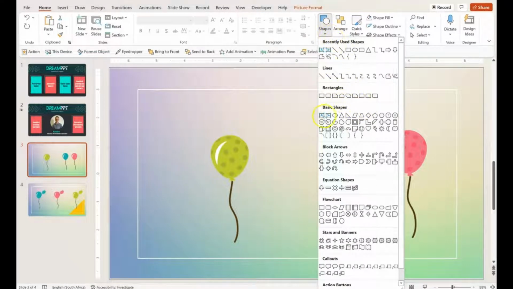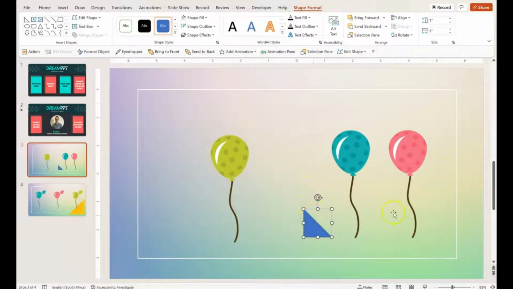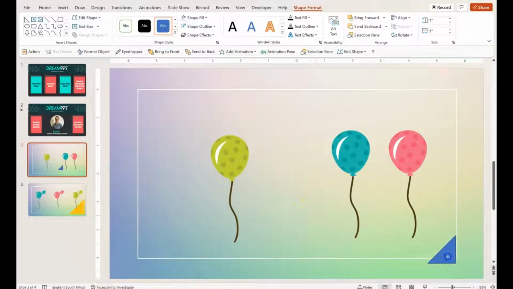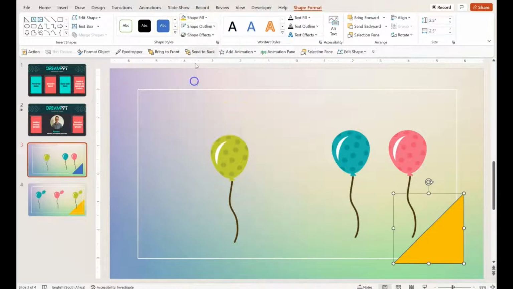Next we want to add the triangle. So we'll go to Shapes, and we'll have to choose this one. There isn't one which is orientated the other way, but we can simply click on the shape, rotate, and there should be an option for flip horizontal. This basically flips it 180 degrees horizontally. Let's put it here. Let's make it bigger. I think that's okay. We wanted kind of like a yellow orangey color, so we can choose this orange,